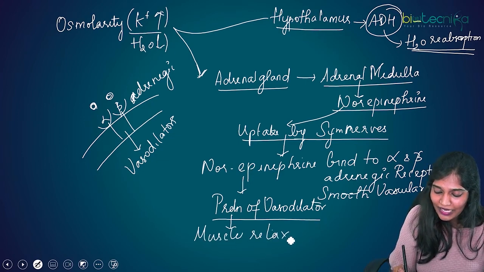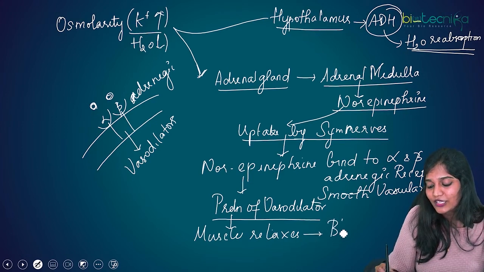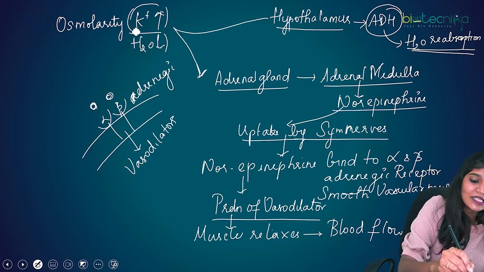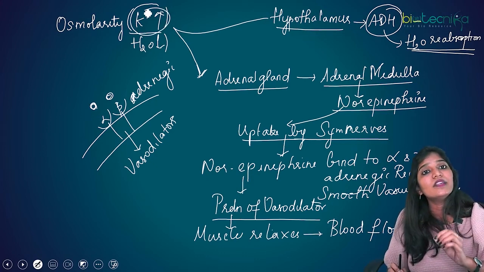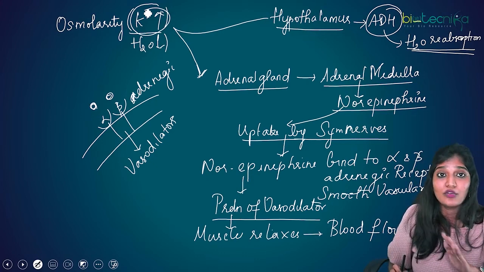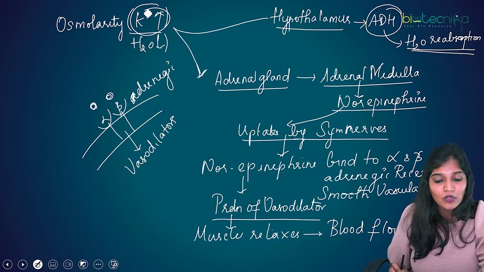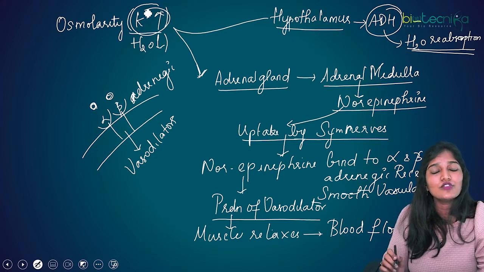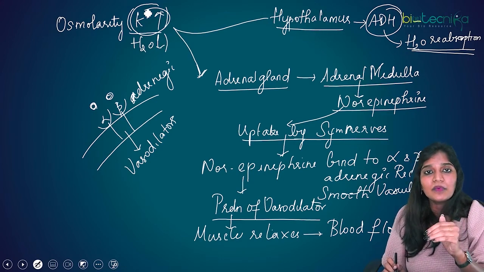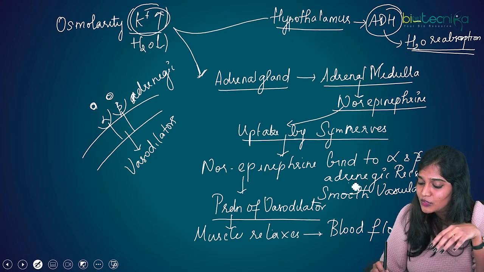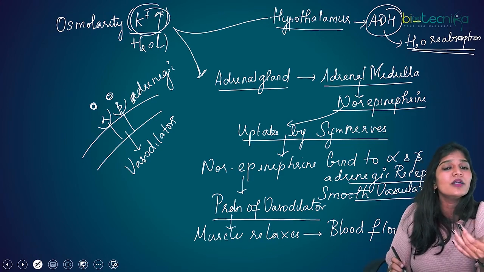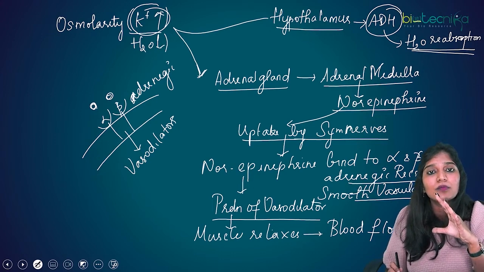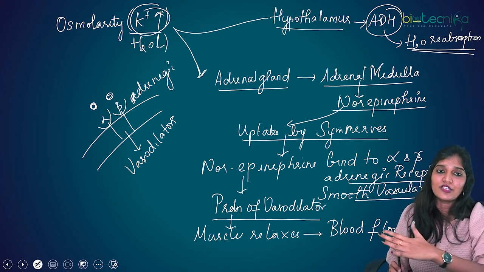If muscle relaxes, then the blood flow actually increases. So you have to remember, when osmolarity increases, it is definitely going to cause vasodilation and not vasoconstriction. So remember, osmolarity increased, so the adrenal gland is going to secrete norepinephrine. This norepinephrine goes and binds to the receptors present on the smooth vascular muscle, and they bring about vasodilator molecules to be produced, which causes the dilation of the smooth vascular muscle, and the blood flow actually increases,